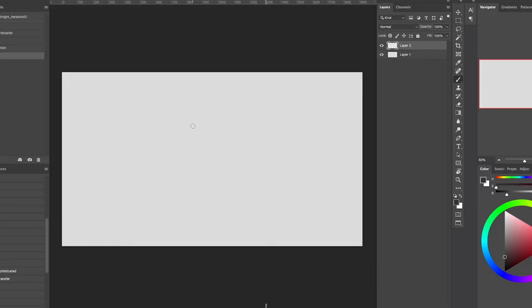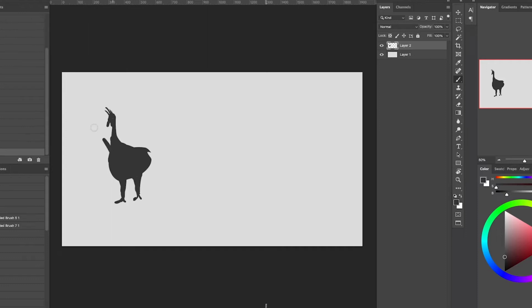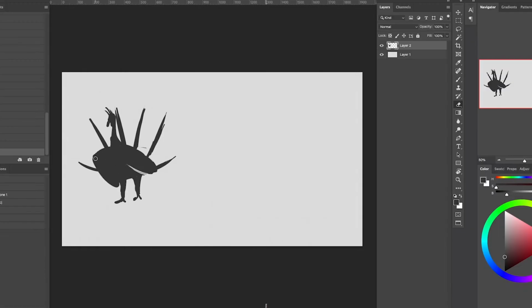peacock knight. Because we want to focus our attention on creating characters with strong silhouette, the first method I typically take is one where I block in the silhouette first. So I'm going to be starting out with the concept where we have a knight that is actually a peacock